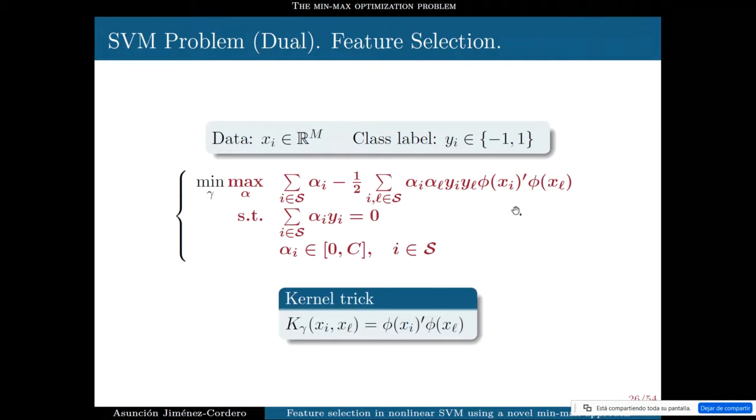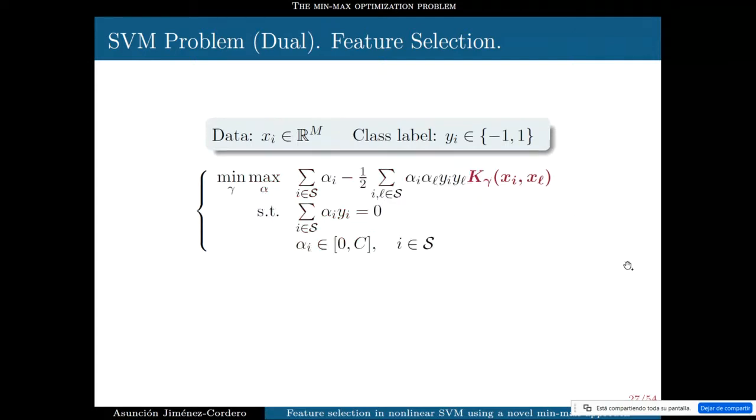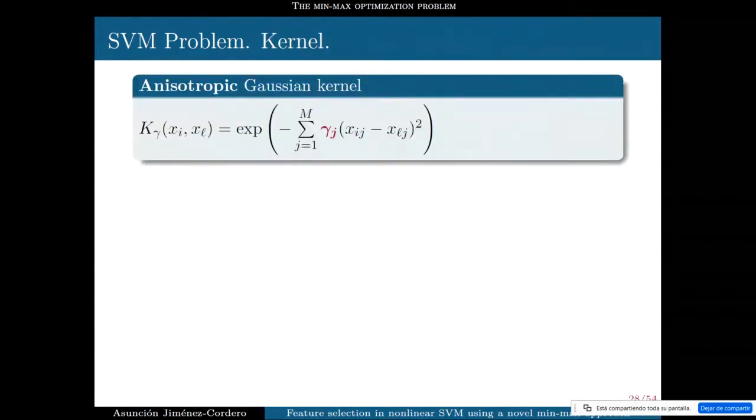And here we note that instead of knowing the explicit value of the phi function, we just have to know the dot product between these two phi functions, what is called the kernel trick. So we replace this dot product by the kernel. Okay, there are several kernel functions that we can use, and in this work we choose the anisotropic Gaussian kernel,